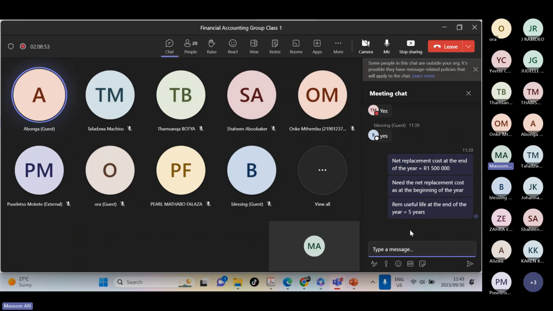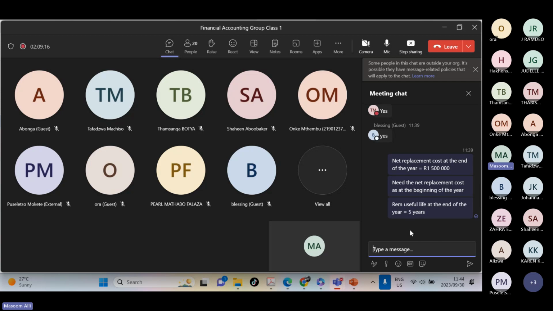No, you're making perfect sense. That's exactly it, actually. Maybe it's a simpler way of explaining it, but that's basically it. So you can look at it from that aspect as well. That makes it easier for you guys to understand. But you guys need to show the calculation, though. You need to come to the net replacement cost at the beginning of the year